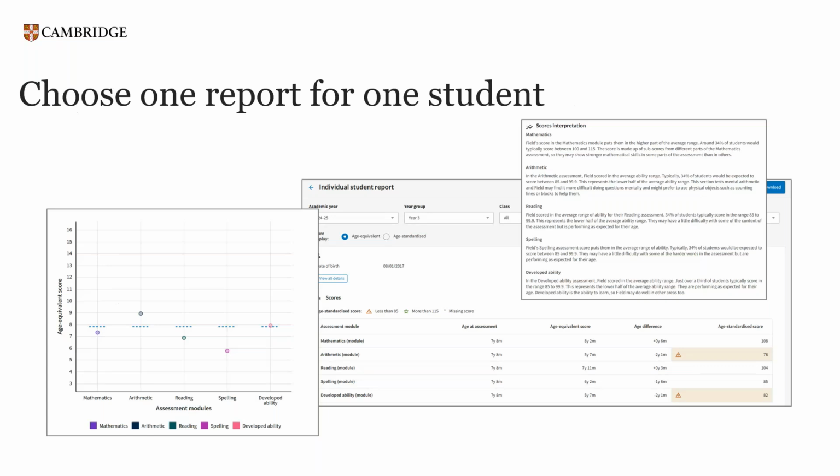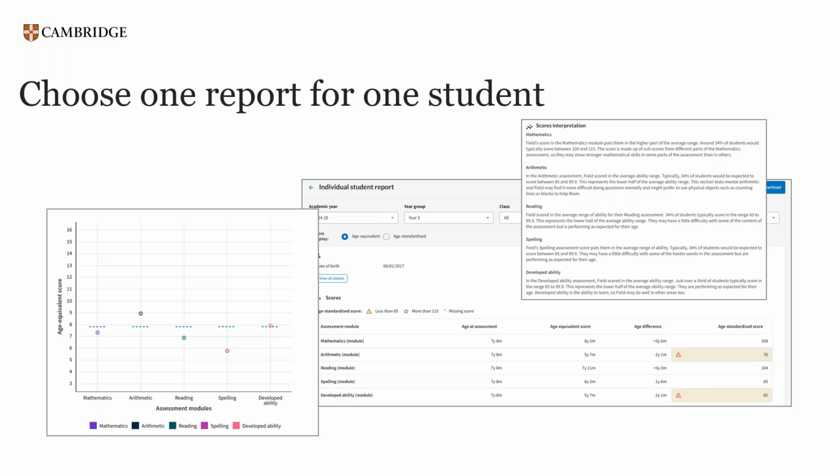Now, if it's a new type of data for you, I did say start small and find your friend. So start small by selecting one student. I advise selecting a student that you teach that you already know a little bit about. So I've chosen my student, I've got my friend by my side, and here I'm looking at one of our